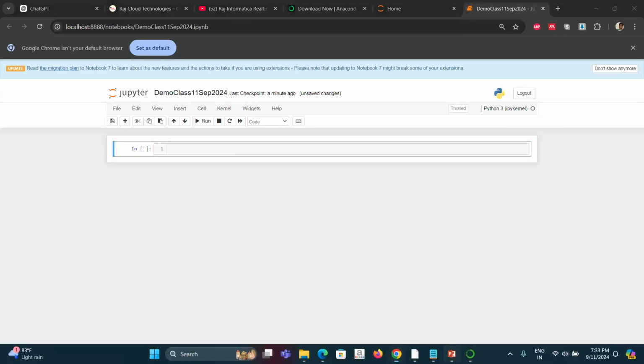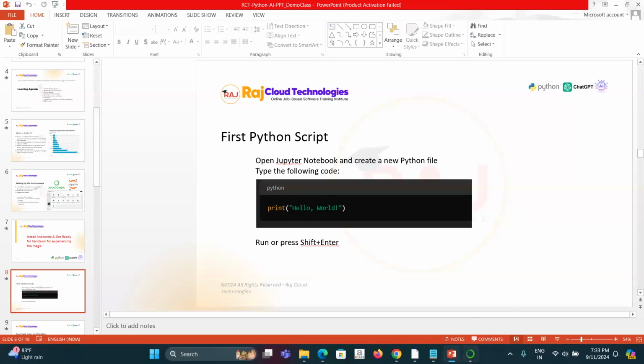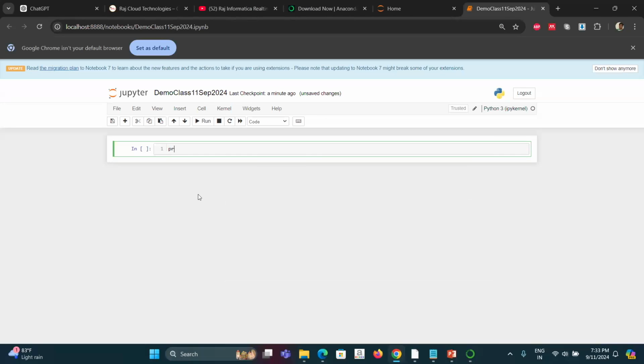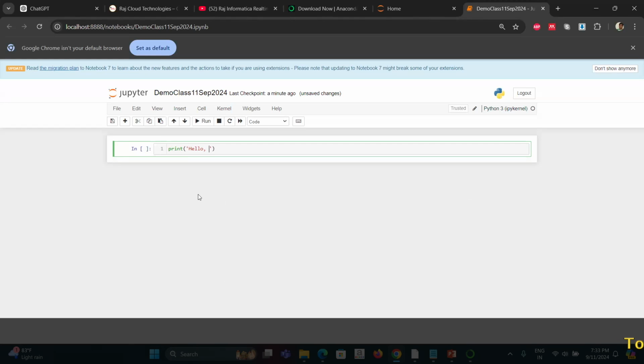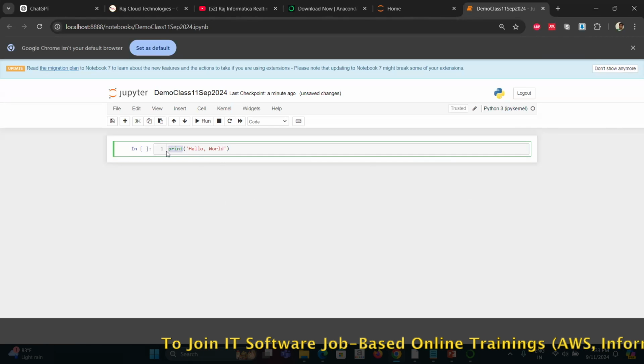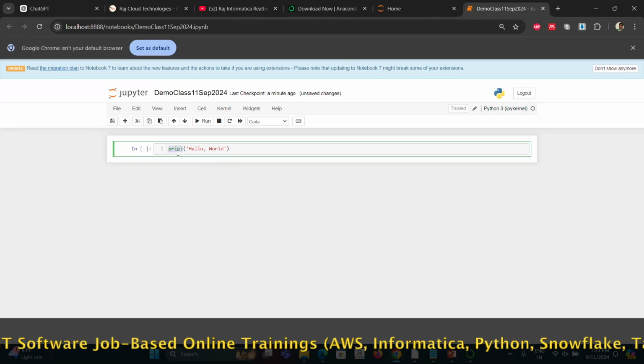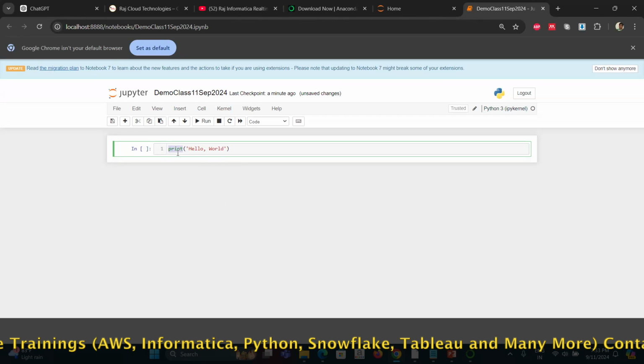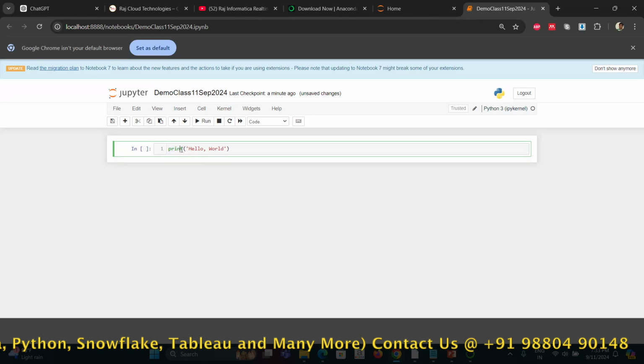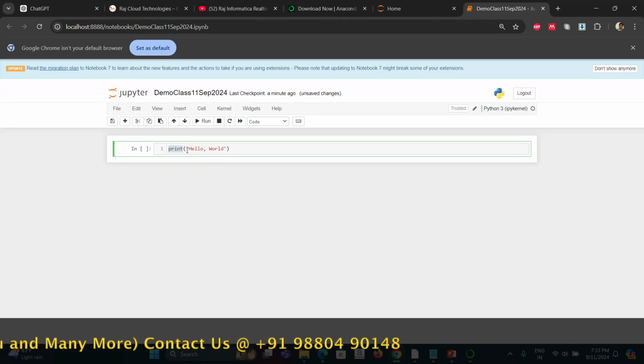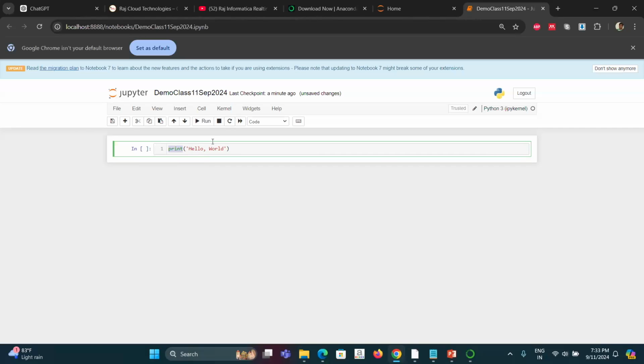As I was showing you, what is this command? It is print, and it says hello world. This is the code that we have. So what does print do? Whatever you want to tell the user, you use the print command. Once you use print with these normal brackets and the input, whatever text you want to say, it will execute this command and output what you wanted to say to the user.